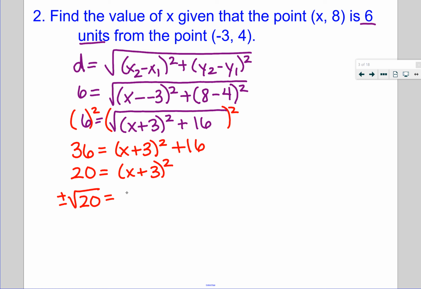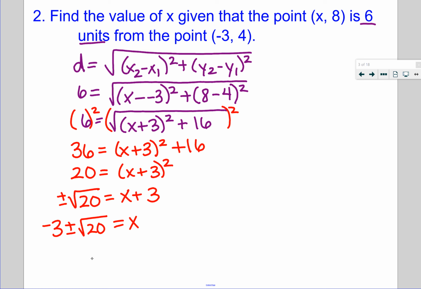And if I take the square root on the right, I'm just going to have x plus 3. And then finally, I'm going to subtract 3 to the other side. You can put this after the square root, or I like to put it in front of the plus or minus. I think it just looks a little cleaner, and that way it doesn't look like your number's underneath your square root. You actually have two answers here, -3 plus square root 20, -3 minus square root 20, but you